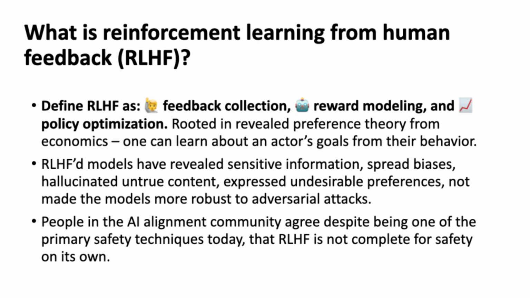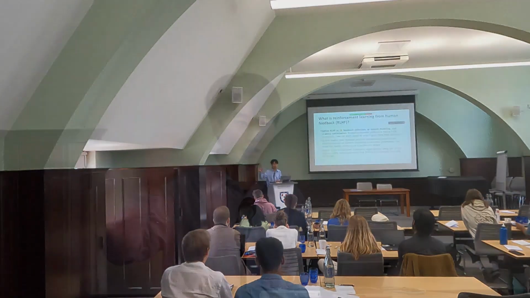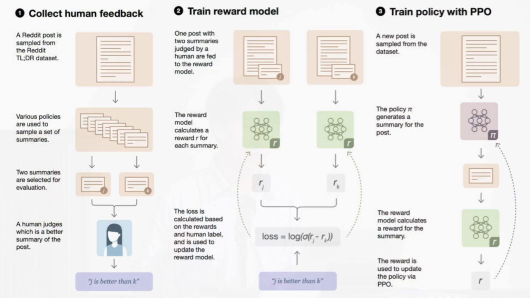However, sometimes RLHF models don't work that well. It's the empirical alignment technique that we have right now. Most of our other techniques rely on evaluating models or studying the internal activations, which is a little bit like evaluation. But with RLHF, we can just bash a language model against a reward model. However, sometimes it doesn't work. Sometimes it reveals sensitive information, spreads biases, hallucinates untrue content. I think people in the safety community would generally agree that it's not good enough in its current form, and that even if it's improved, it probably won't be complete. It'll only be one Band-Aid in a larger solution.